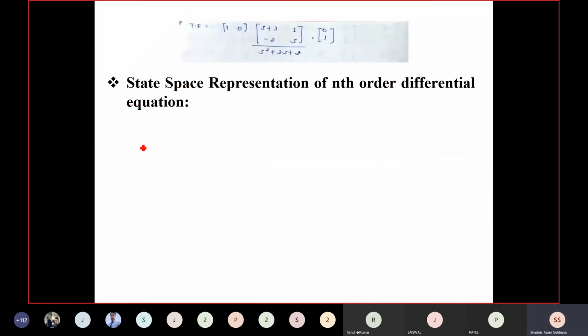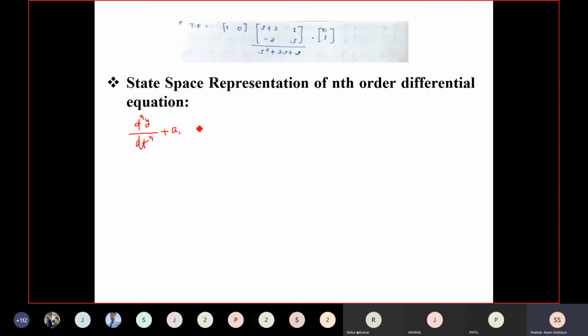Now see, this is the state space representation of nth order differential equation. So I'll try to write the nth order differential equation. In the initial class, I told you that I'll solve for nth order differential equation, how we are getting the x dot of t and how the equation can be found out. So in a state space representation, if we write the nth order differential equation, we would be able to write d to the power n y divided by dt to the power n. I have just considered that this does not have any coefficient. Now I'll start the coefficient from here.